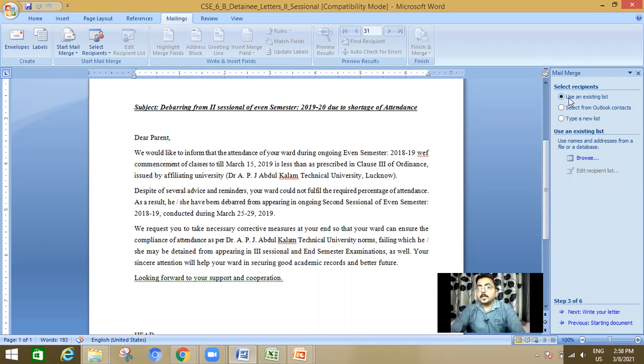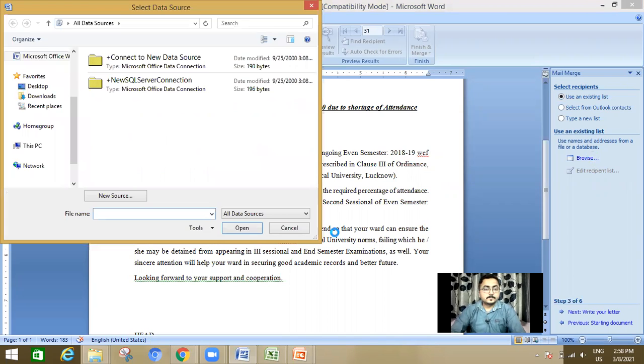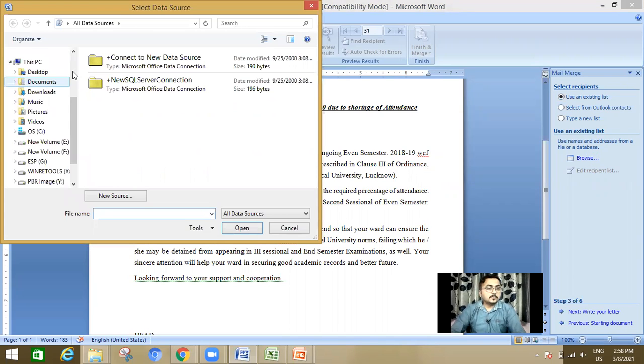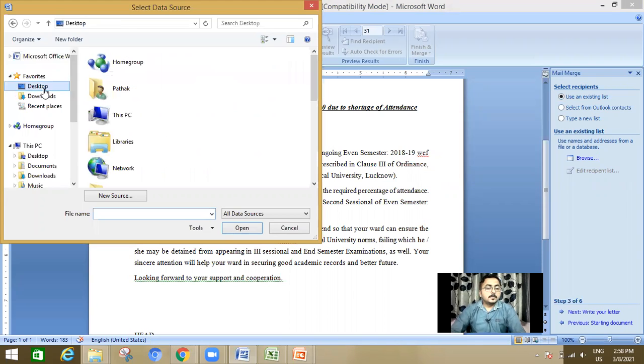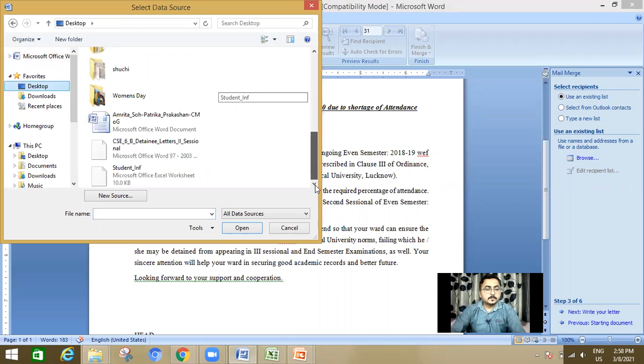So click on Use an existing list, go to the Browse button. A Browse dialog box will open. From here, I have to select the workbook that I have created already, student information, click on OK.